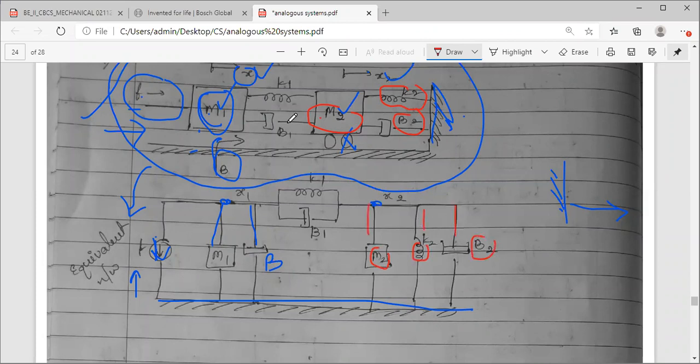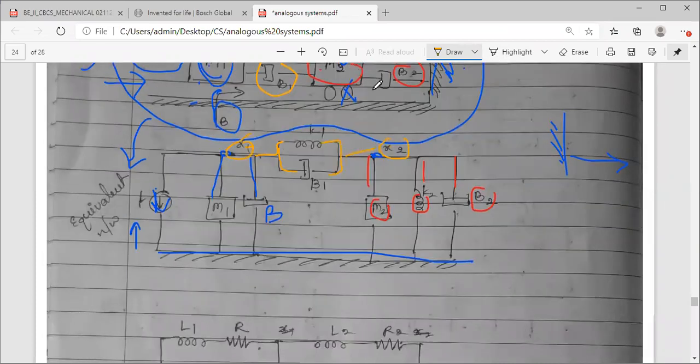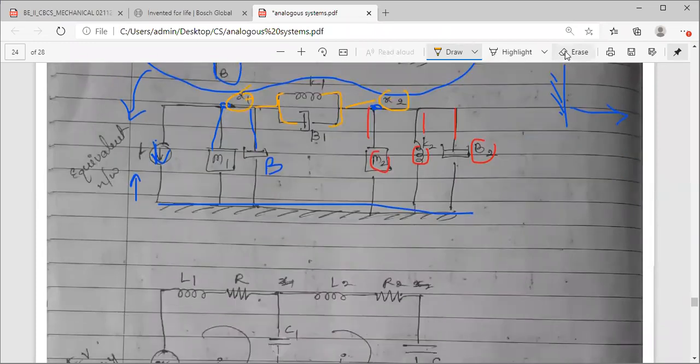I have connected 3 elements. Now what about the remaining 2 elements which are connected in between M1 and M2, or in between X1 and X2? They are the shared elements. They are free to move. Both ends are free to move. So whenever such kind of things come in your problems, you should take them in parallel between the shared nodes. So you have to connect both in parallel between the two nodes X1 and X2. So this is the equivalent mechanical network I have drawn. Now from the mechanical network, you can directly draw the force voltage and force current analogy.